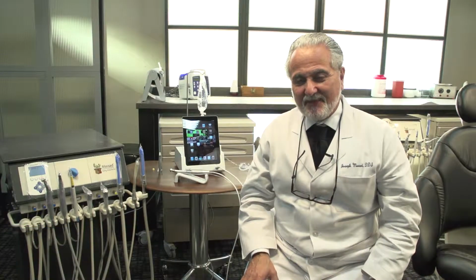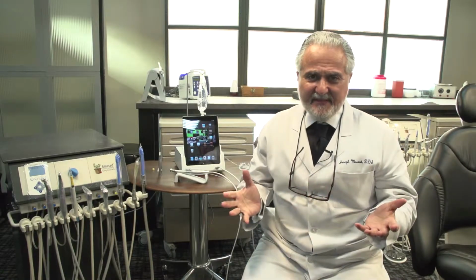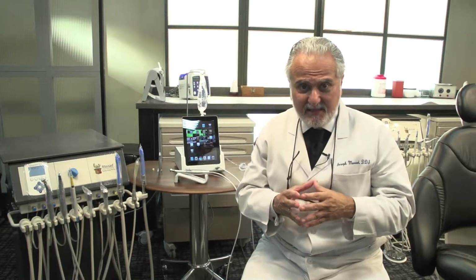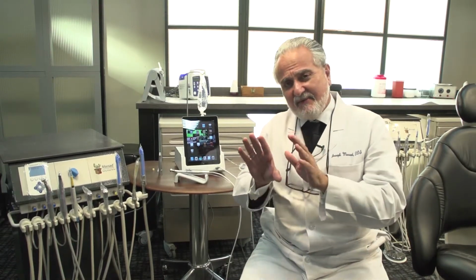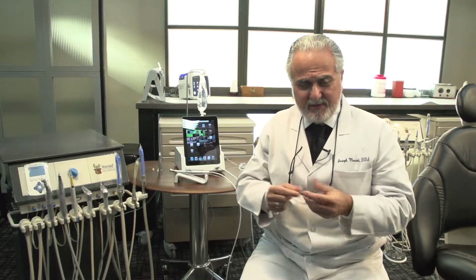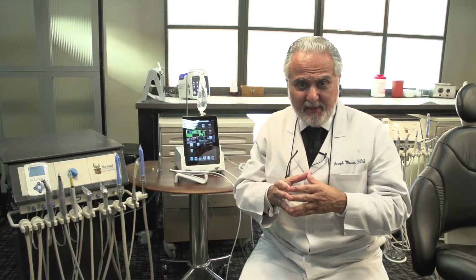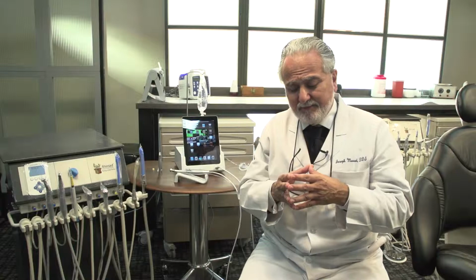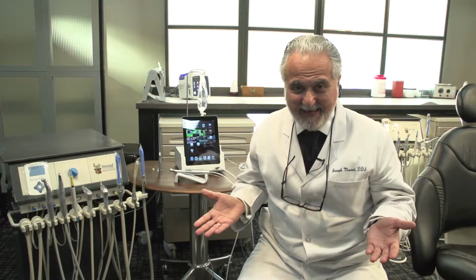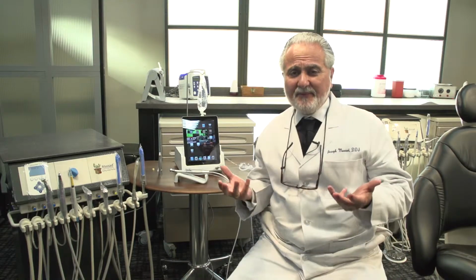We're back to tip of the week because we have a lot more tips than when we did tip of the month. Today I'd like to go over with you something I think is very innovative and very easy to use, especially for record taking. You can actually have a complete record while you're doing, for example, an implant, of all of the torque and the speeds you use for each burr. Plus, this particular system runs off of an iPad, so it has a lot of applications which I think are extremely easy,